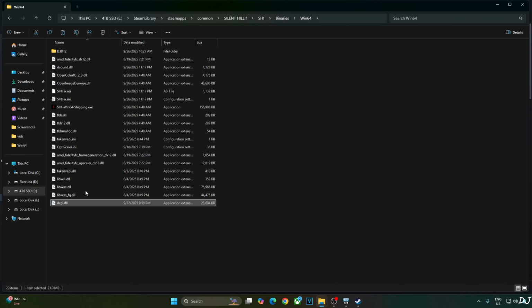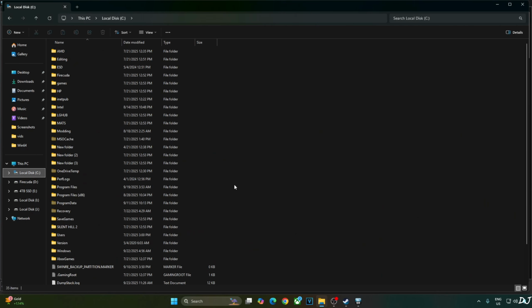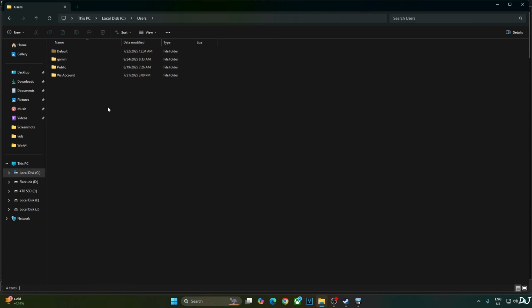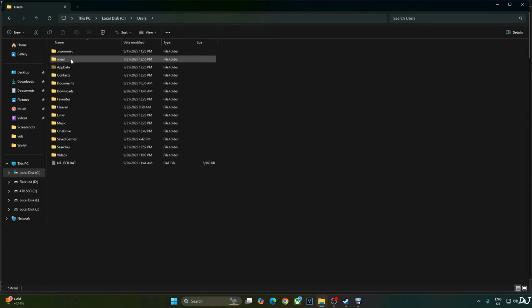That's it, the mod has been installed. In order to get XeSS frame generation working, we need to disable dilated motion vectors. I'll show you how to do this. Just open C drive, open users folder, open the folder that has the same name as your PC's username, open